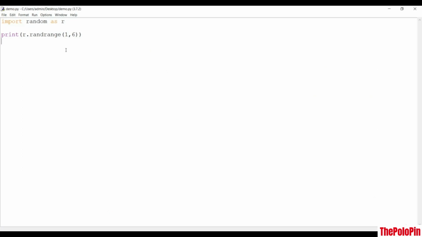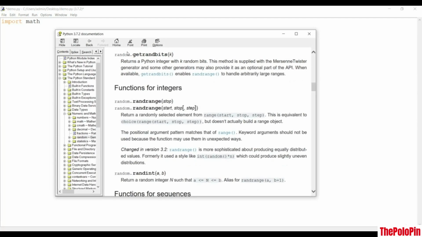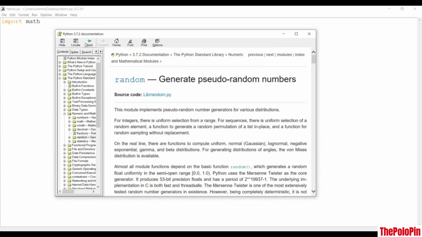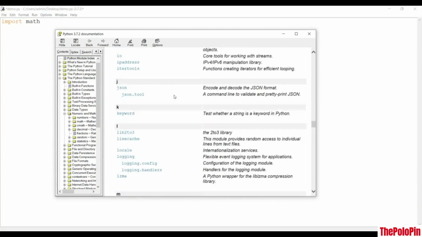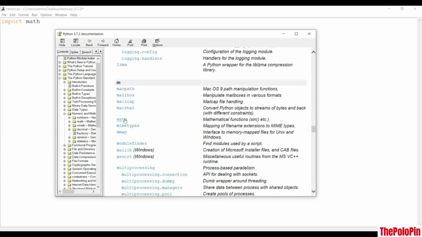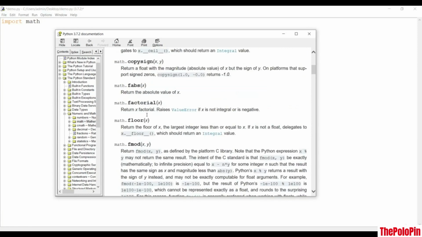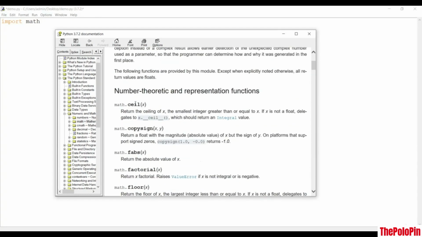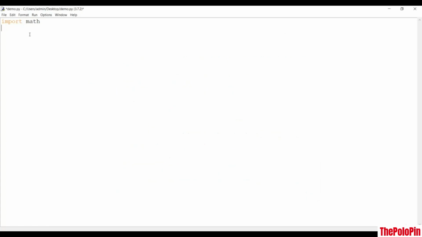You can also import your math module. So what if I say import math, which is over here. Let's go to the documentation and see the math module. It should be over here, and you can now make use of all of these functions. So what if I just say math dot, and then we have to make use of the print method,